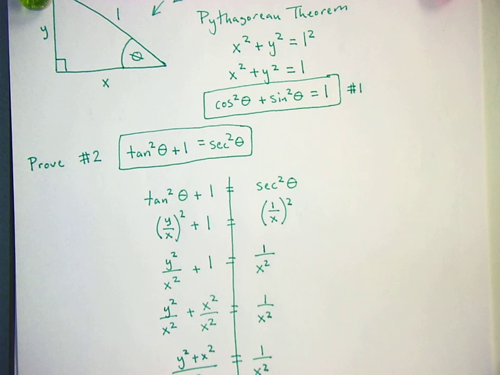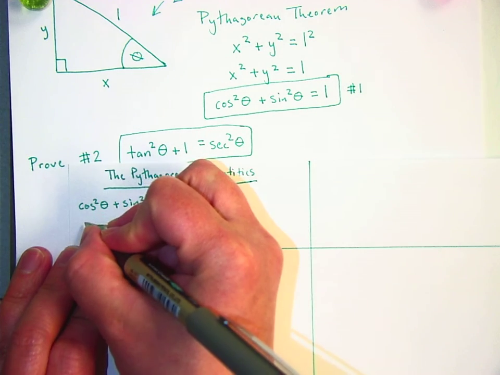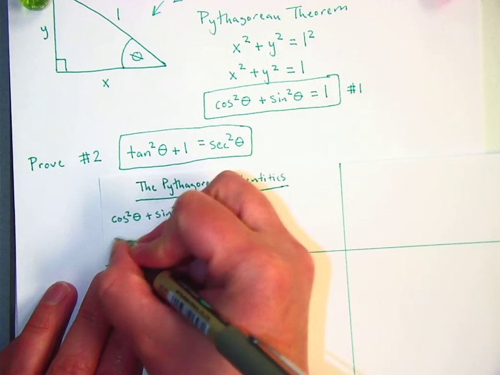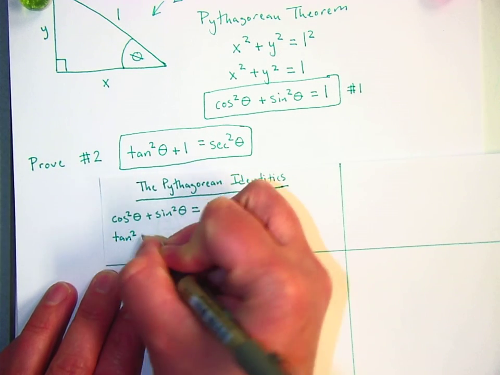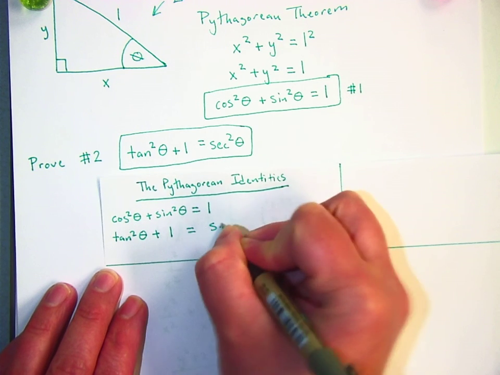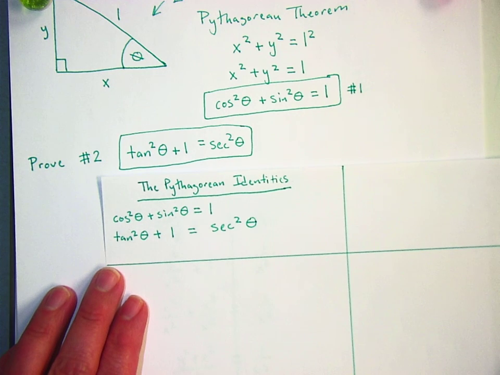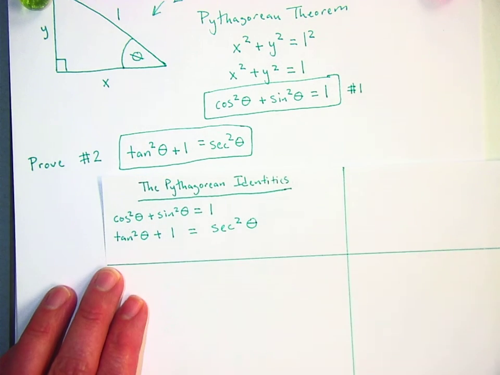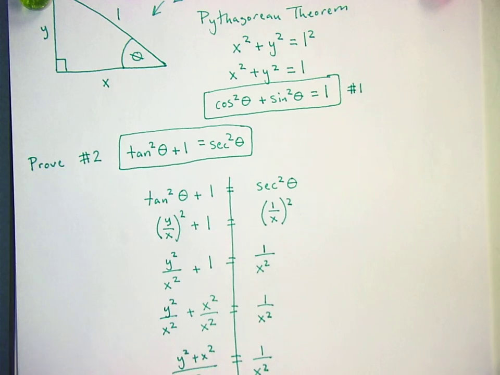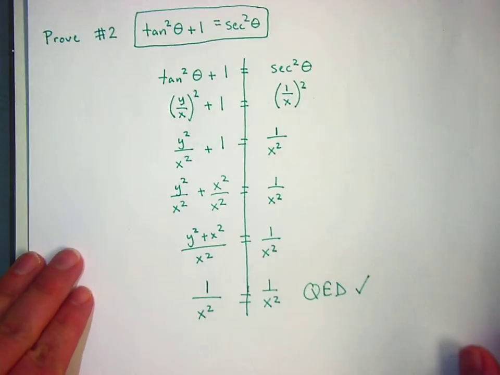So on the back of your unit circle, you're going to write in the second one, which is, let's see, tangent squared theta plus 1 equals secant squared theta. These are the 3 formulas we're going to be using in the homework. Just 3 formulas. Not too bad. You're never going to have to be able to do these proofs